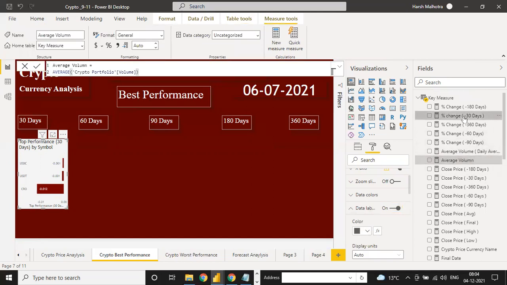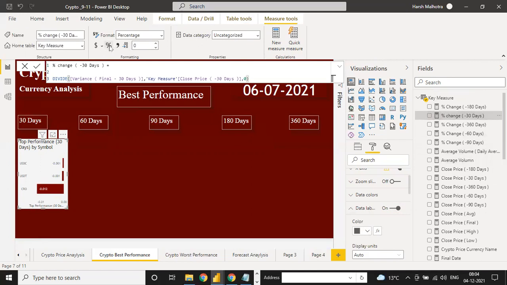Here is 30, this one. And change it, right now it's showing as a percentage option. So if we need 0.01, 0.00, 0.05, it should be in this way, percentage.